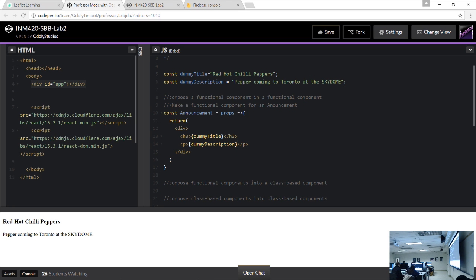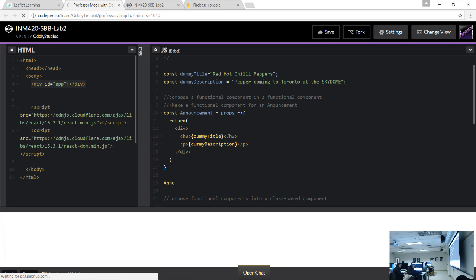Okay. So I want to show you something new. We're going to work with this little guy, props, here. So I mentioned that props is a way of passing into our component the information that we need. Now we know what information we need for this component, right? We need a title, and we need a description. The React library lets us set some default values for our title and our description. It looks like this. Follow along with me here. So inside of here, we can set defaults for